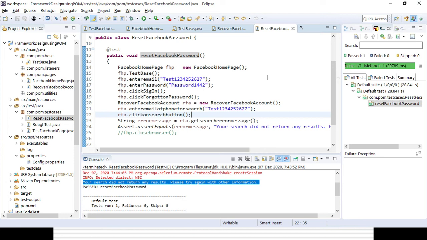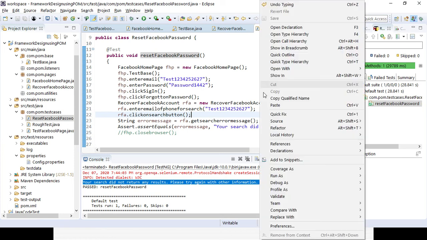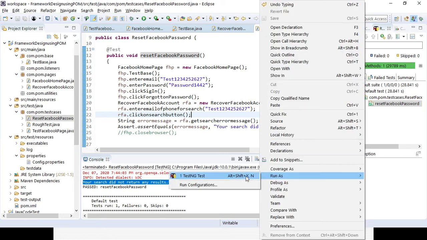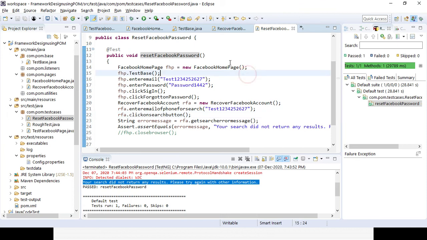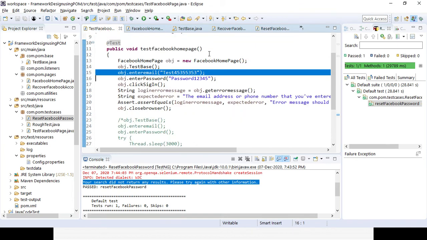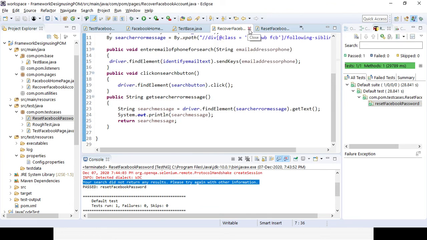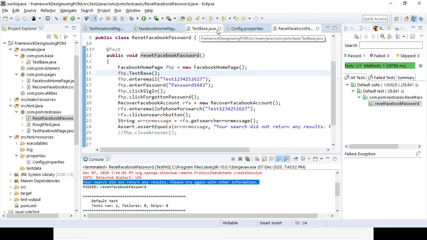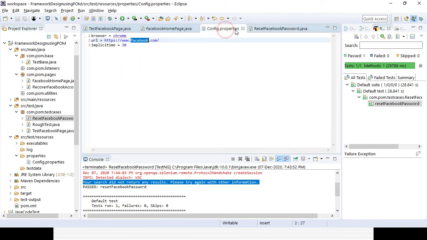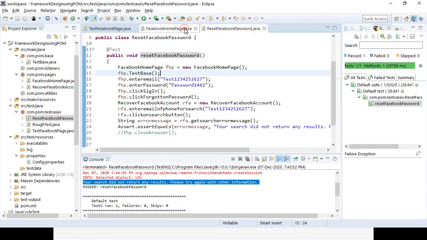Now say you need to run the test cases in a single shot instead of running from the test class level. So if you see here, you only run one class at a time with the help of TestNG test, right? But I want to run all the classes simultaneously, at a single shot: the test Facebook page class as well as the reset Facebook page class. Okay, let's close all this because it will not be required right now. Right now I want to run both these classes in a single shot.